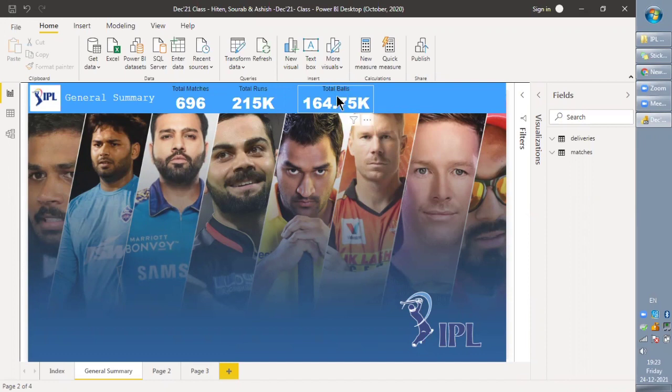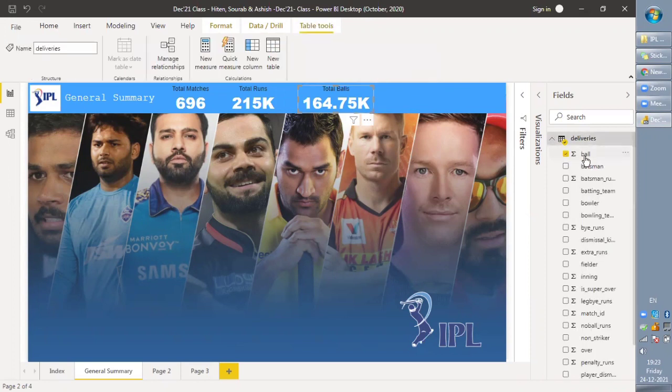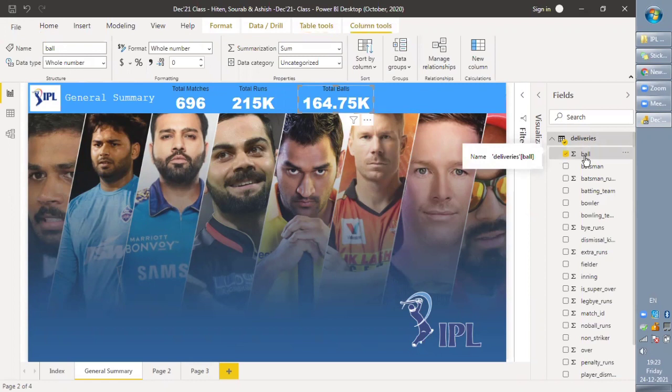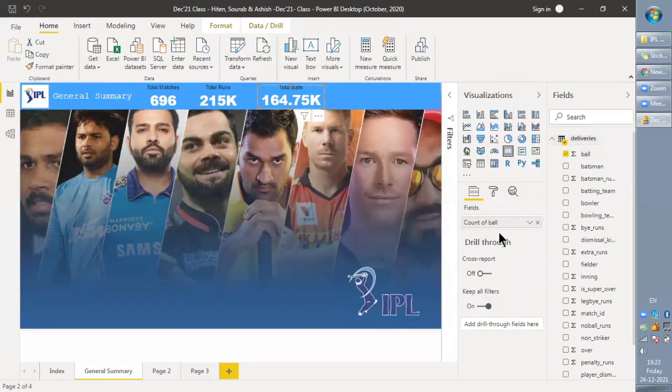We edited the total balls. Earlier we were counting the total sum of the deliveries in the column called ball, which resulted in some other number that was incorrect.